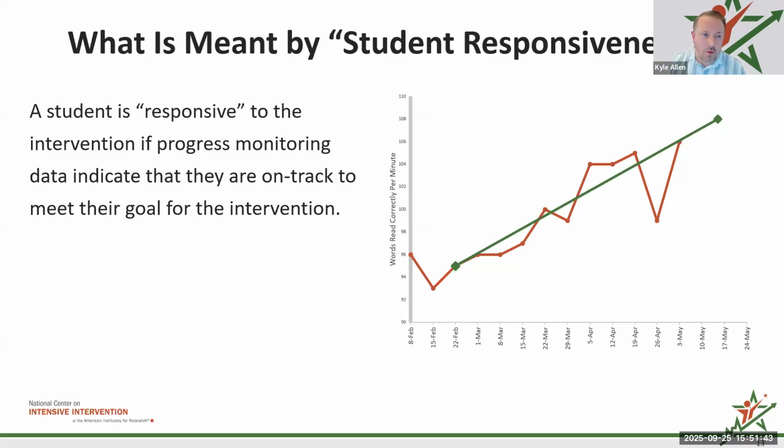So overall, again, what we mean by responsiveness is, as we know, progress monitoring helps us determine the effectiveness of that instruction. So the student's either responsive, meaning the instruction was effective, or they're non-responsive, which would tell us that the instruction was not effective, right? And then according to whether they are or are not responsive, that really determines our next step in that DBI